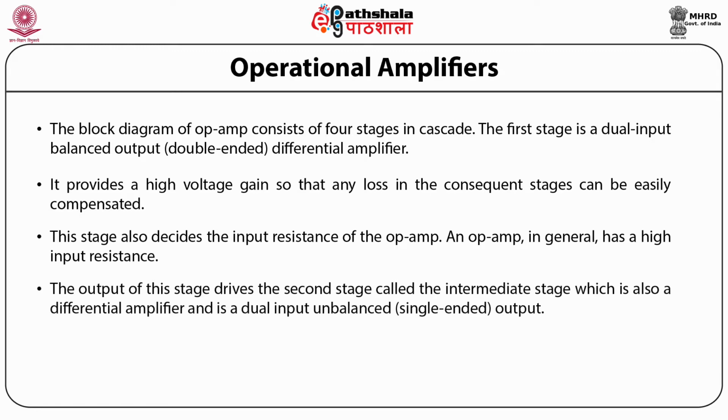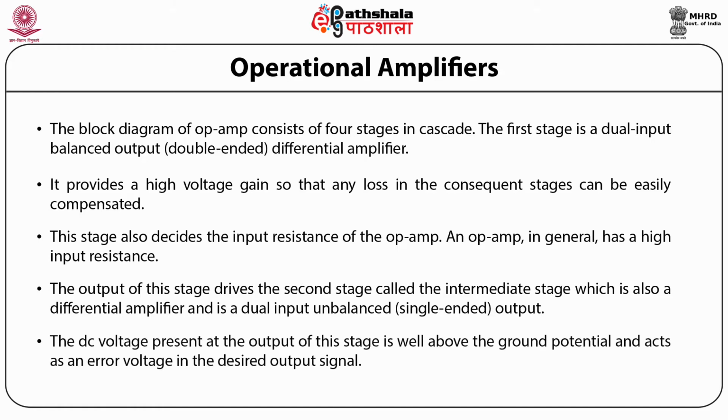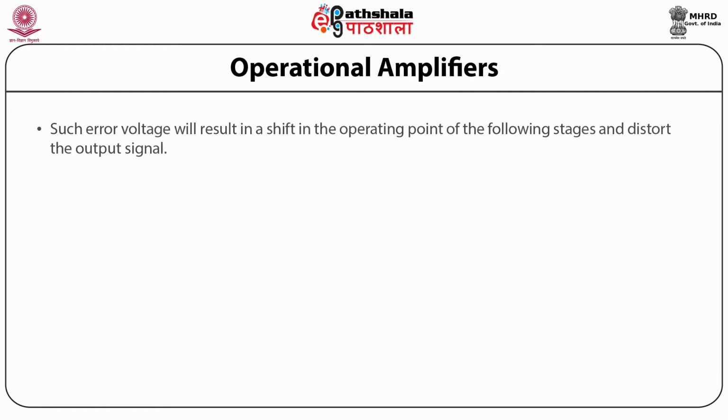The output of this stage now drives the second stage called an intermediate stage, which is also a differential amplifier and is a dual input unbalanced, that is, single-ended output. The DC voltage present at the output of this stage is well above the ground potential and acts as an error voltage in the desired output signal. Such error voltage will result in a shift in the operating point of the following stages and distort the output